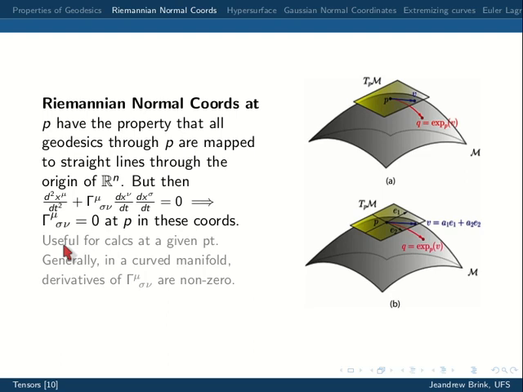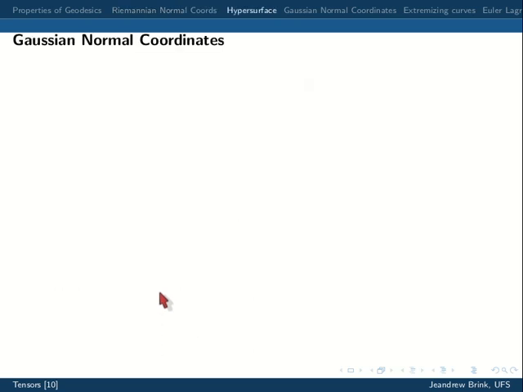Okay, so generally, even though you can set these guys to 0, the derivatives of them are not, because generally you're not working in a flat space, you're working in a curved manifold. So what this thing does is basically it lets your coordinate system look as flat as possible, but it doesn't restrict the manifold that you're in. Okay, so that's one set of